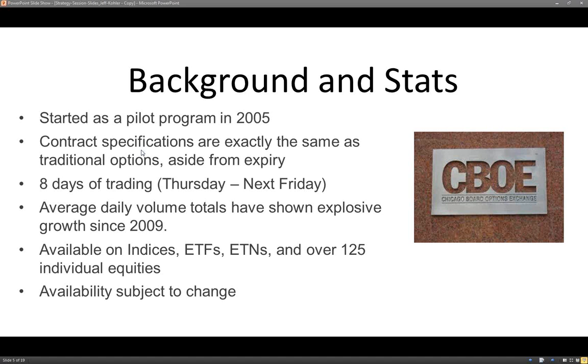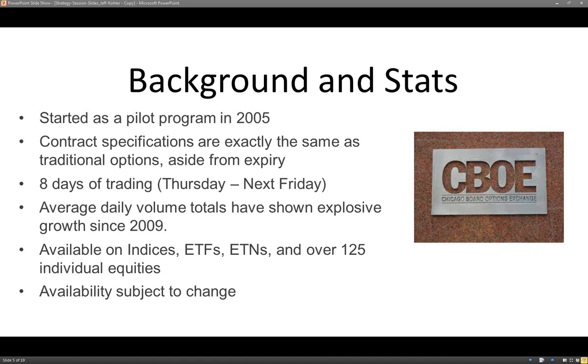So you have 8 days of trading, okay? New weekly options are issued on Thursdays every week, except for this week, as an example. This week happens to be 1 week until regular monthly options expire, right? So this being today, September 14th, next week, on the 21st, the September options expire. So they don't issue weekly options this week because you'd have 2 options expiring in 1 week, and that would be redundant, right? So today being a Friday,